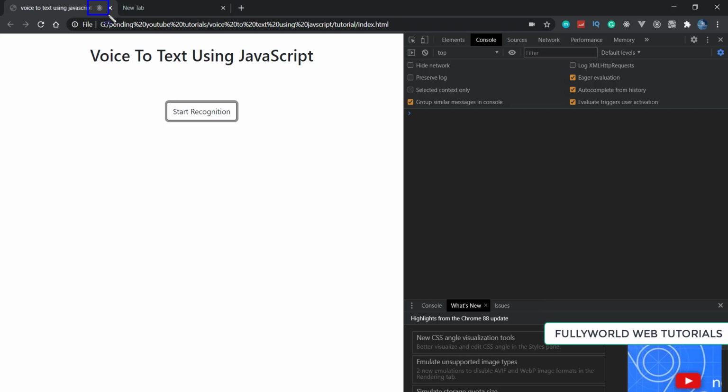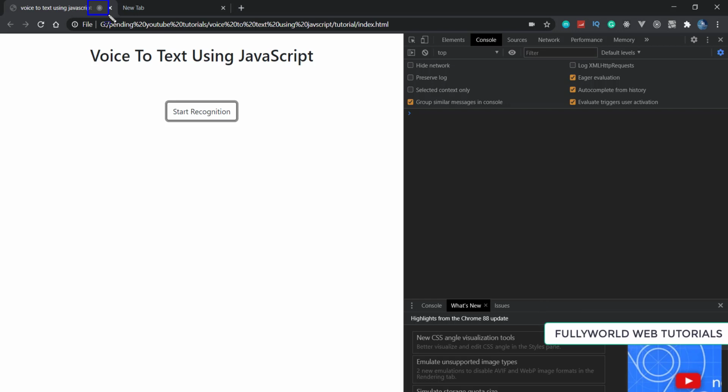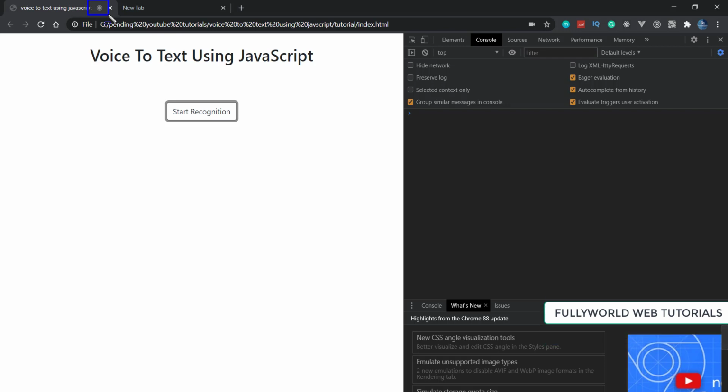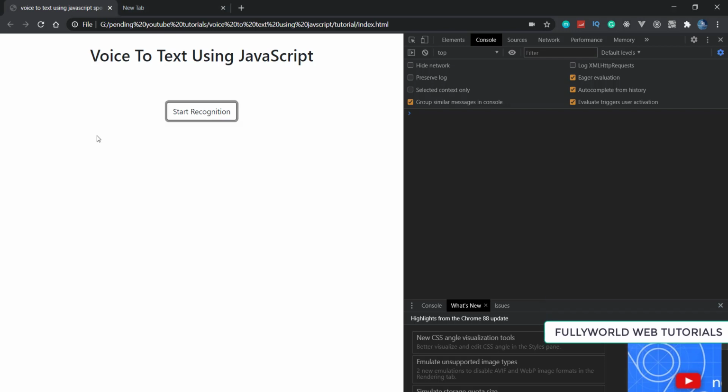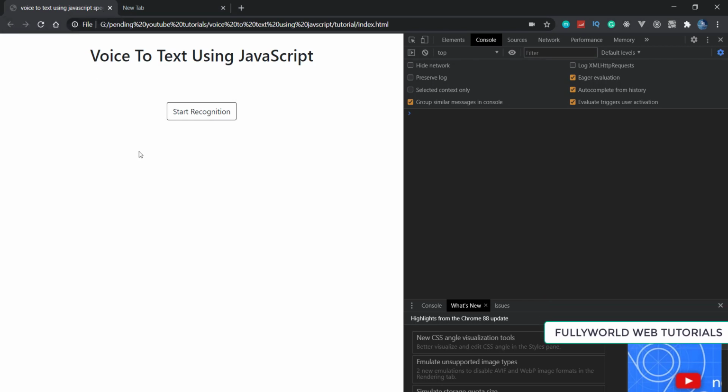When I stop talking, this will not show, and at that time our dot onresult will be enabled. Now we are going to handle that onresult so that we can get our transcript. So see that I stopped speaking also, and now that dot is gone.